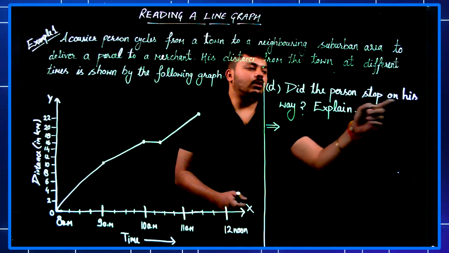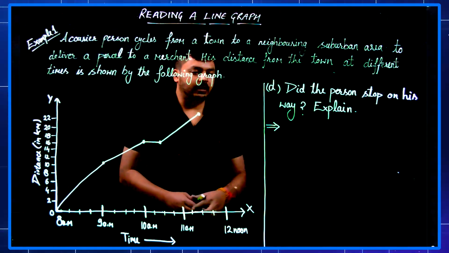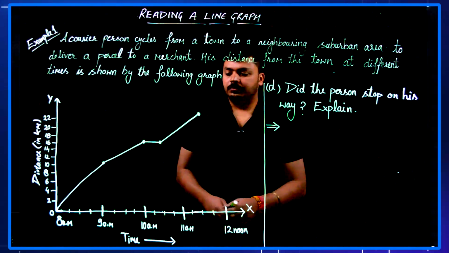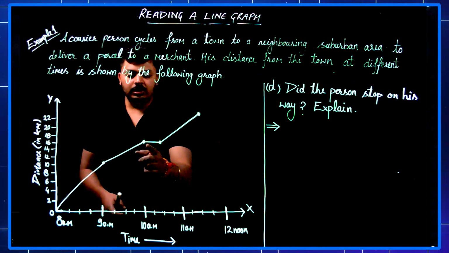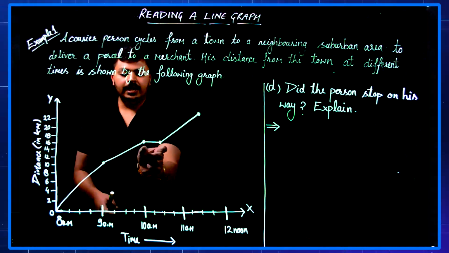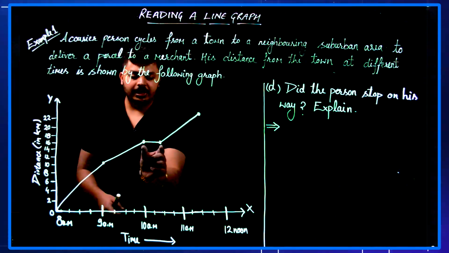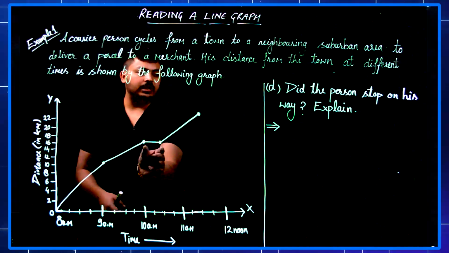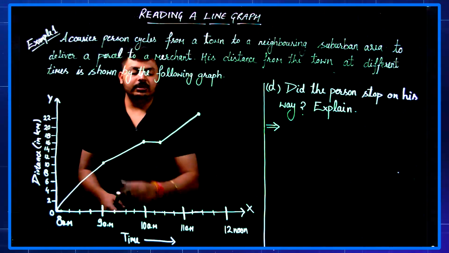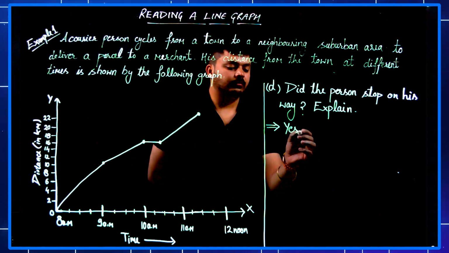Did the person stop on his way? Explain. The horizontal part of the graph tells that in the time interval between 10 am to 10:30 am, the courier person did not travel. So yes,